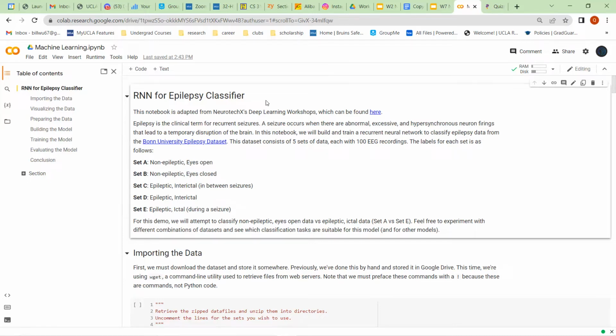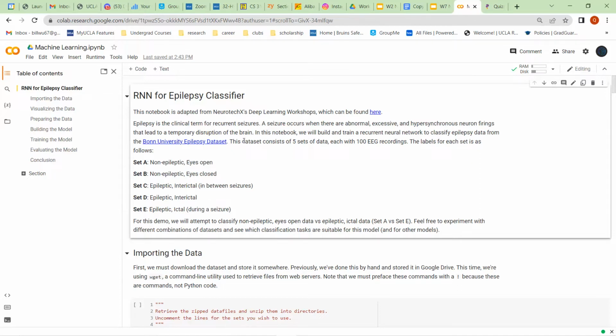Specifically, this classifier is given data from these different groups of people, and we want to see from this data whether we can tell if a person is healthy or diagnosed with epilepsy. That's essentially what we are trying to do.